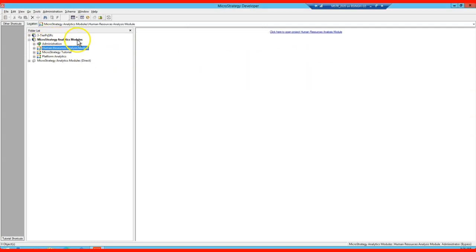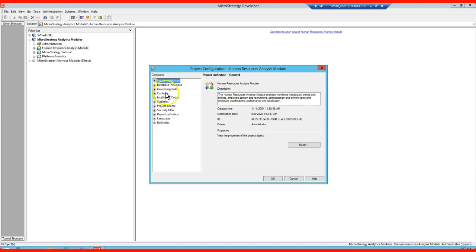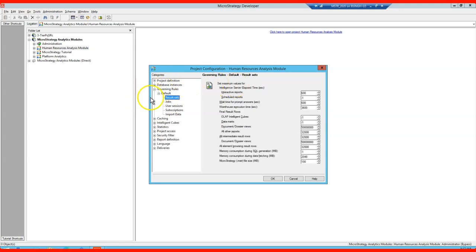Expand your project source, go to your project, right click and go to the project configuration. There are a lot of tabs: the project definition, the database instance, governing rules, caching, intelligence cube. There are a lot of settings you can manage from here. Our target is to govern some rules to put limits at the reports level.